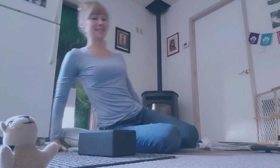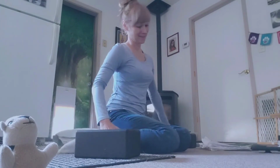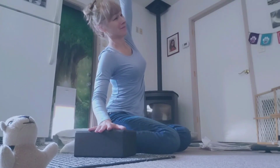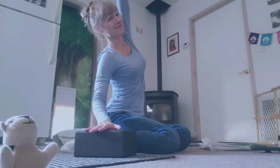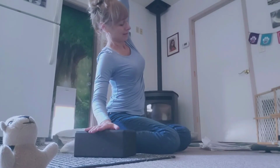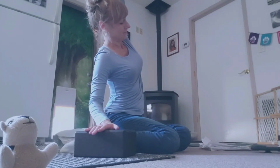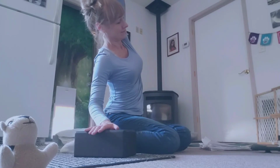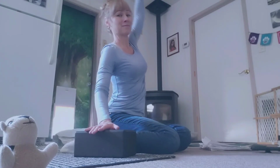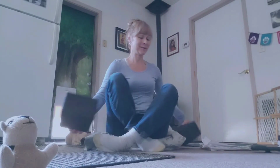And we'll do the other side. Tuck your feet over to the left. Plant your left hand on the block, right arm up and over. To rise. We'll come back to that supported easy pose, sitting on the pillow, using the blocks under the legs,